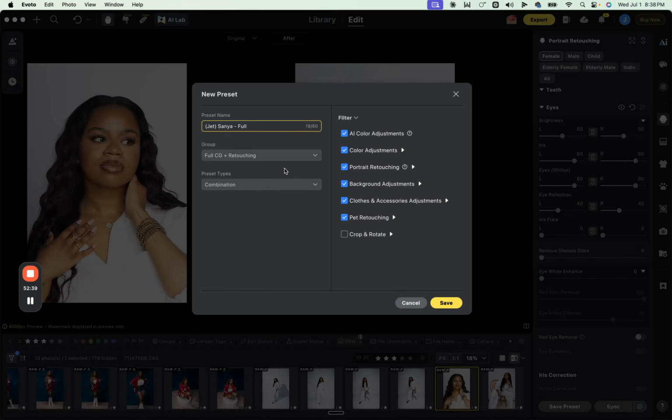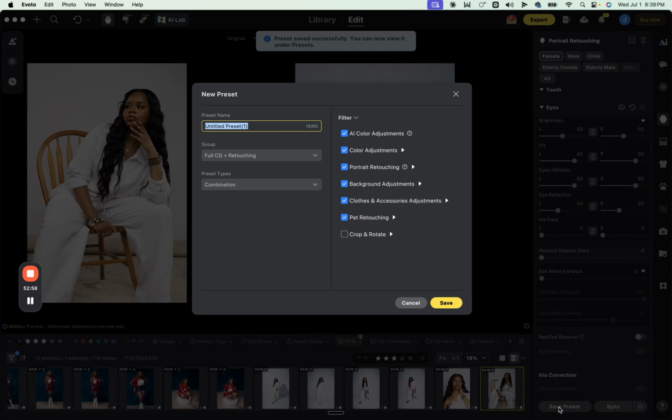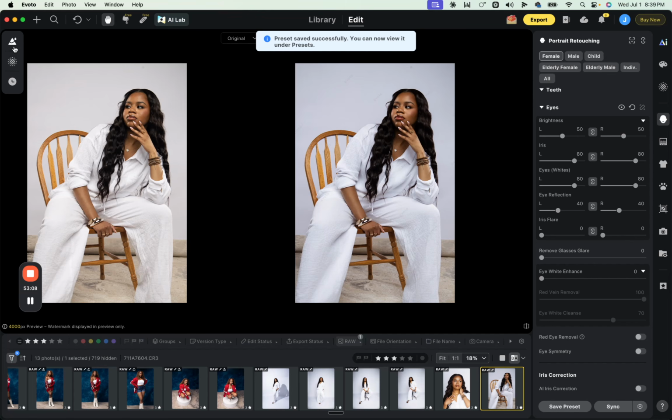We'll say this one as beauty. We're gonna say this one as close up. And then we're gonna save this one as kind of like a 3/4 type shot. And now I believe if I come to my presets